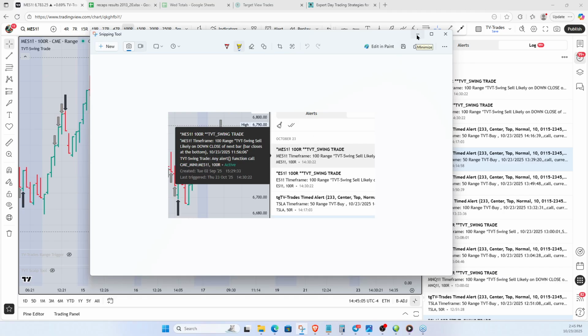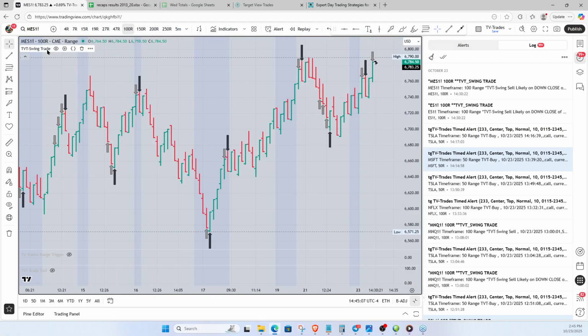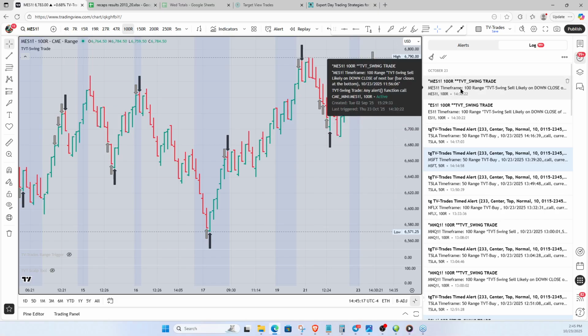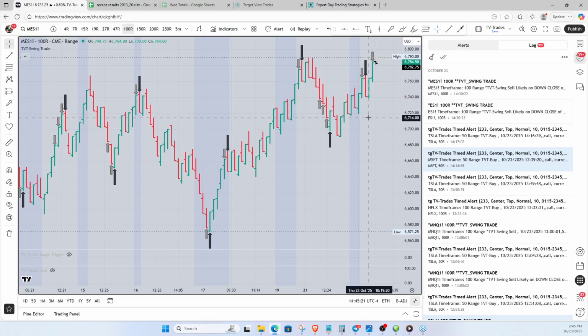Now, you can have that alert go to your phone. If you have it on a larger time frame, like 100 range, it might take a few minutes. This is this alert right here. That's what that came from. That gray arrow right there is what that came from. All right, that just triggered right here. 11:56:06. Yeah, I guess it was this one right here. This bar right here. That was the alert. It wasn't just now, but when it did trigger at 11:56, that was the alert that it sent out.